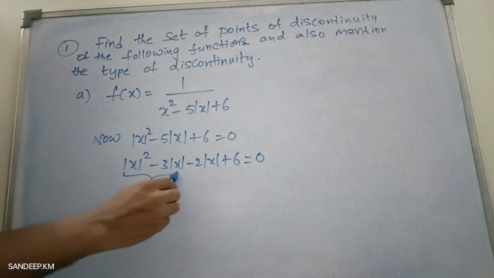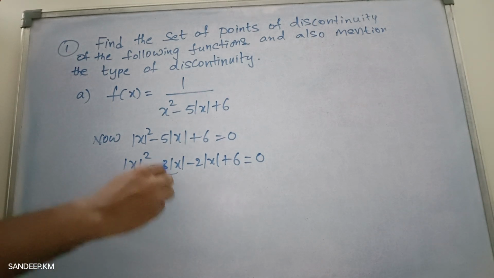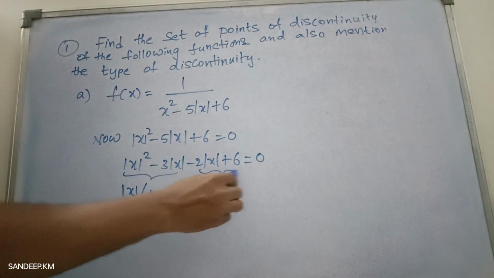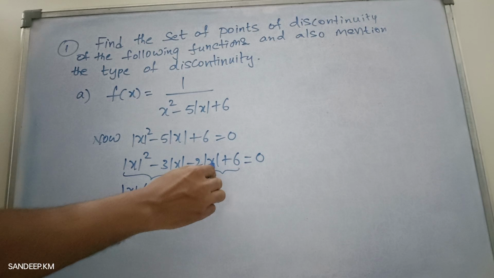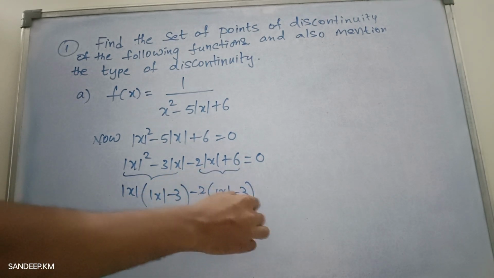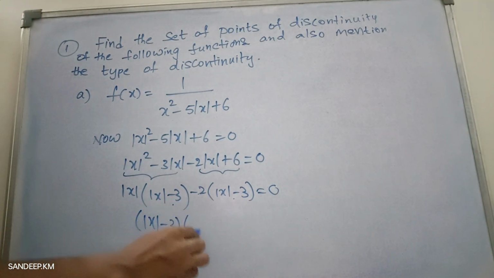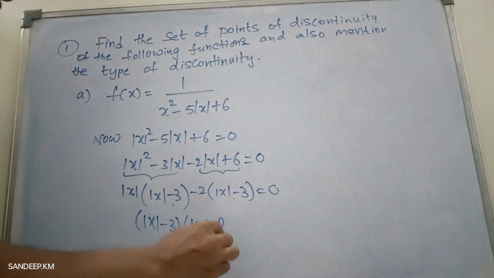In the first two terms, let us take mod x common into mod x minus 3. And in the next two terms, let us take minus 2 common: mod x minus 3 into minus 2, since minus 2 into minus 3 is plus 6. Here and here we can take mod x minus 3 common into mod x minus 2 equal